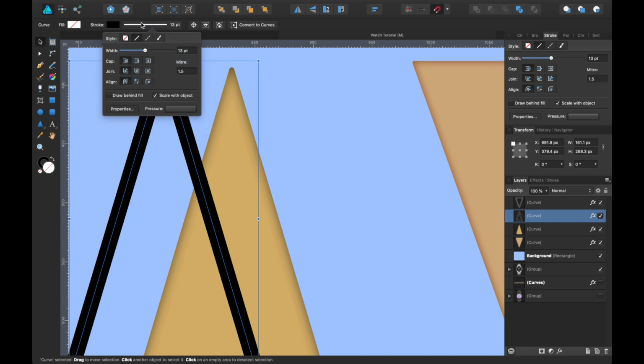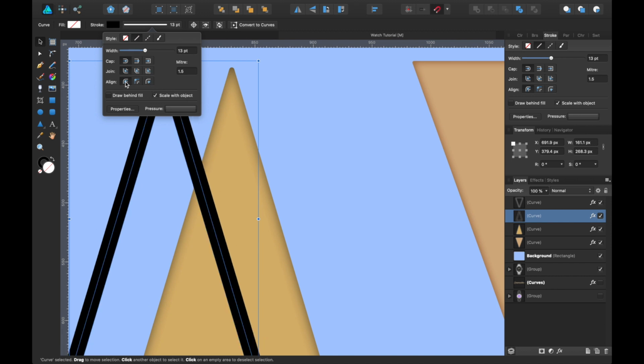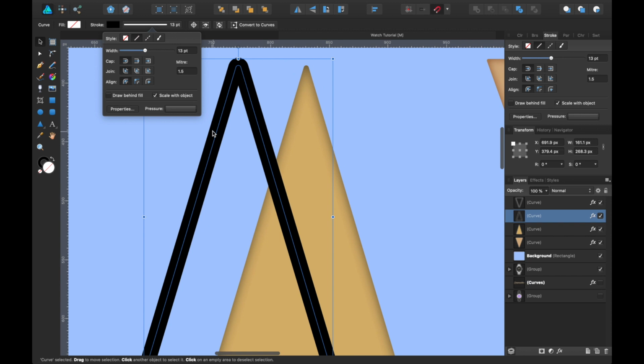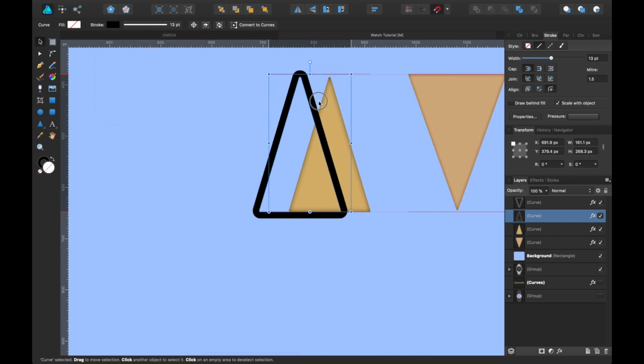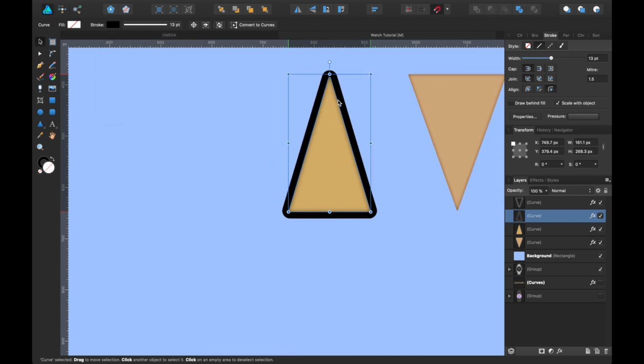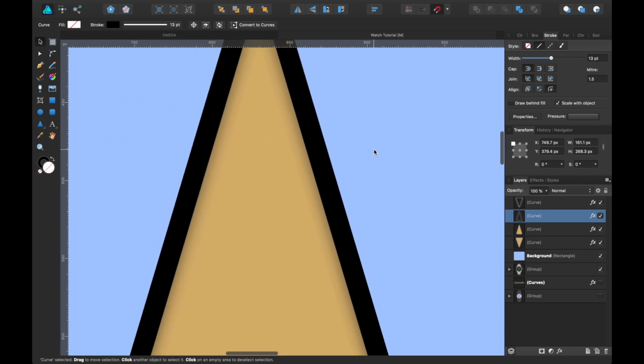If we go up here, we're going to make sure the line is on the inside, so everything outside will be that black band. So I've pressed that. See, it was like this before, and now it's going to be like that. So it's aligned outside. Okay, so I zoom out a little bit, and I'm going to stick it over there. There we go. So everything's nice and rounded in the corners.